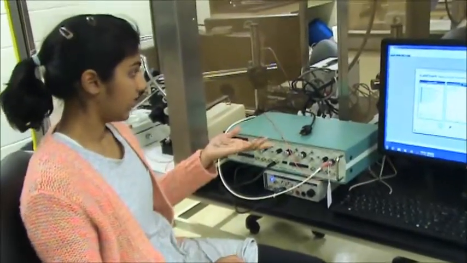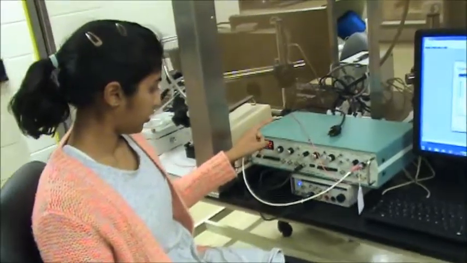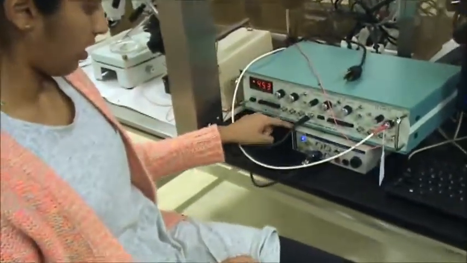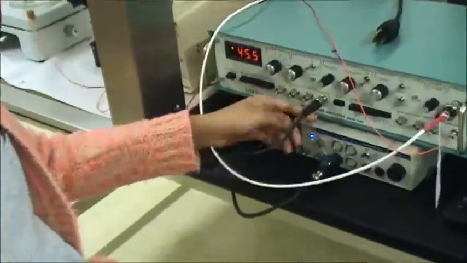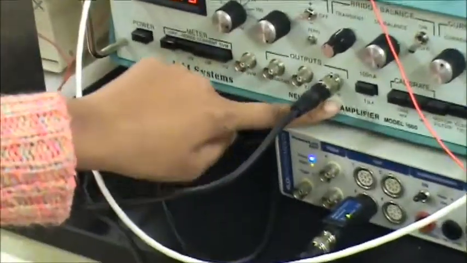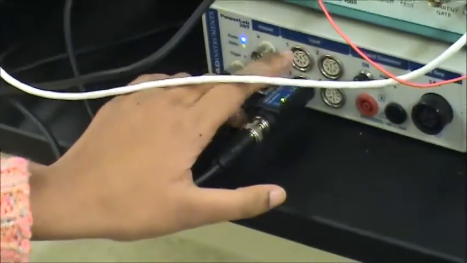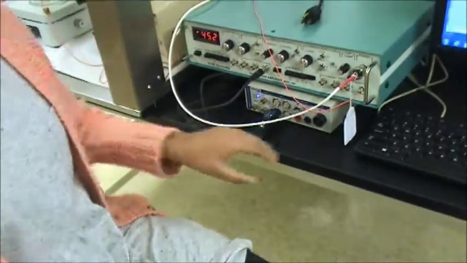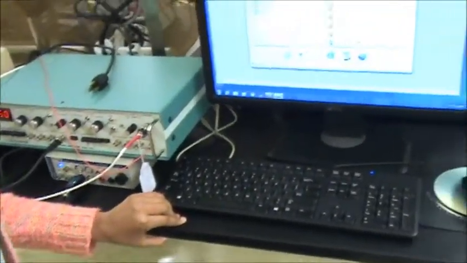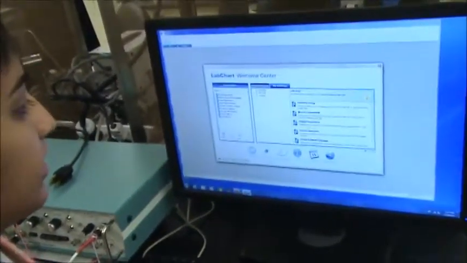So now to get our data on the computer, we're going to hook up the amplifier to the analog digital board. So you're going to want to hook it up to the 10X right here, and then hook it up to input 3 in the PowerLab right here. And then we're going to go over to the computer, going to X out of this,